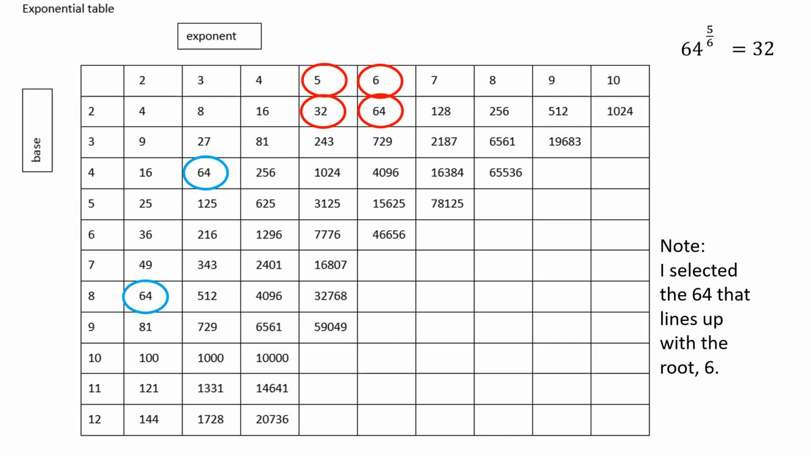64 is a perfect square. It's 8 squared. 64 is a perfect cube, right? It's 4 cubed. And 64 is also a perfect 6th power. 2 to the 6th power is 64. So when I want to find the number that's the base, I got to make sure the base lines up with the exponents I need to work with, right? So when I selected that 64, I had to make sure that 64 was lined up underneath the 6 because I had to take the 6th root,